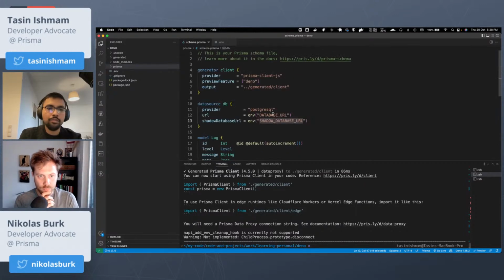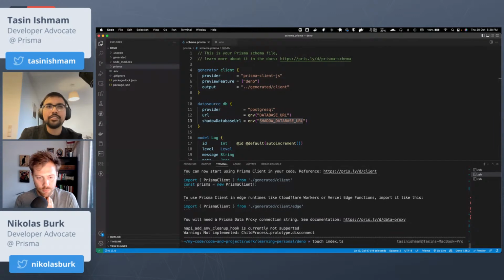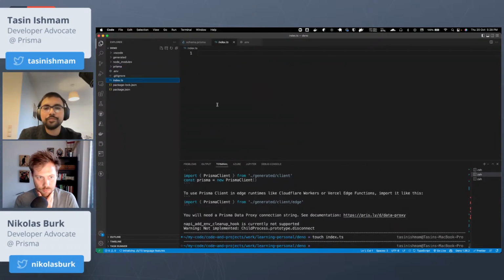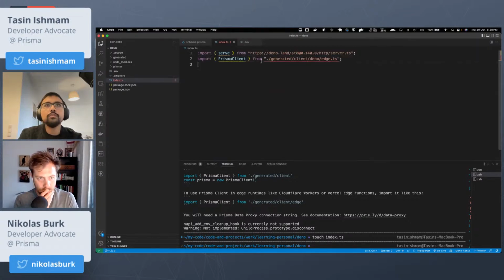Okay, so far we've only really just started with Prisma. Next, what we're going to do is test the application locally. So let's create an index.ts file. Okay, so first we are going to import two modules. One is